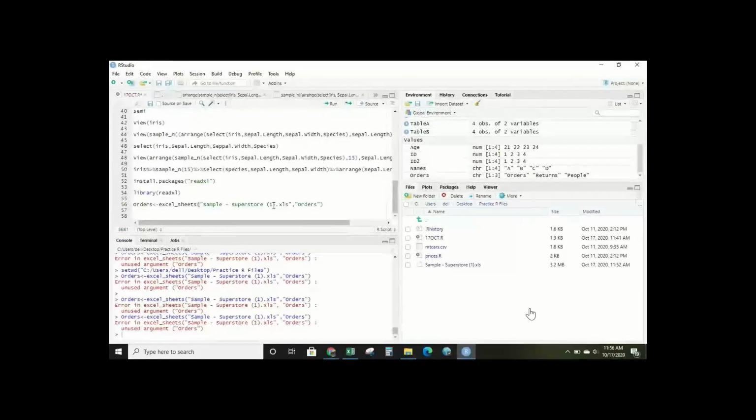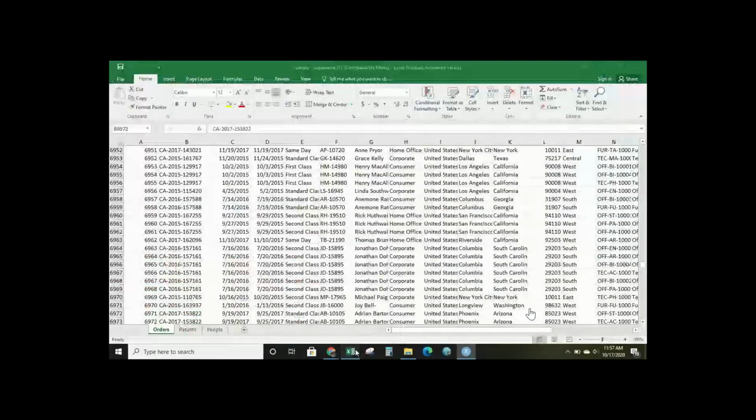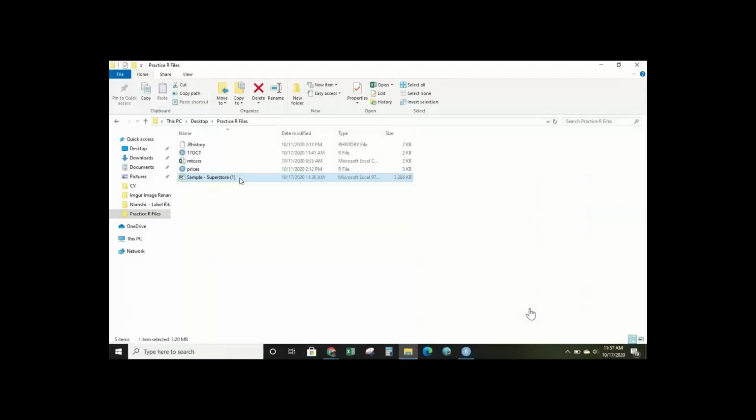Close the Excel file once and change the name here. Just remove that one from there. Just keep it simple. Superstore. Okay. Now go back over there.